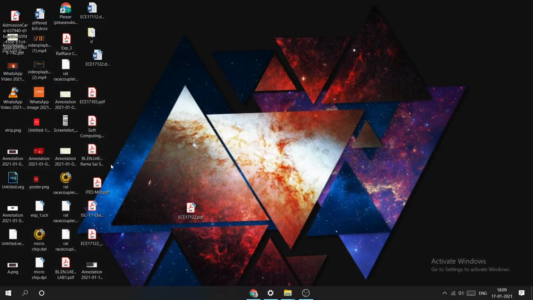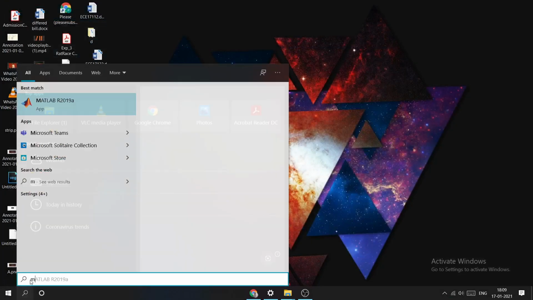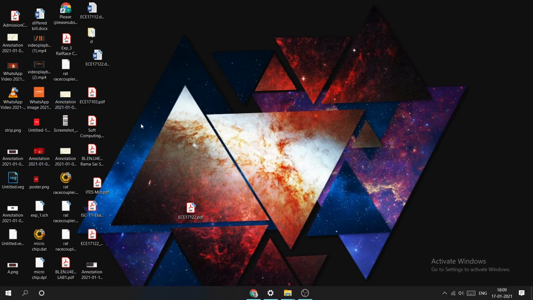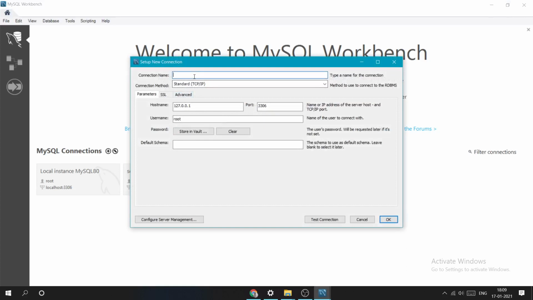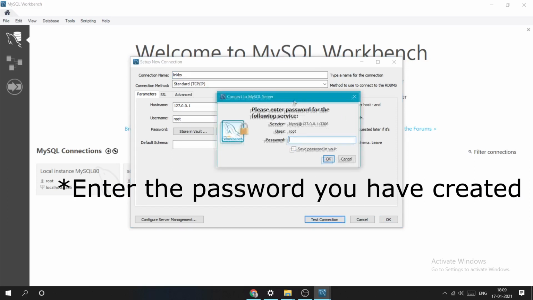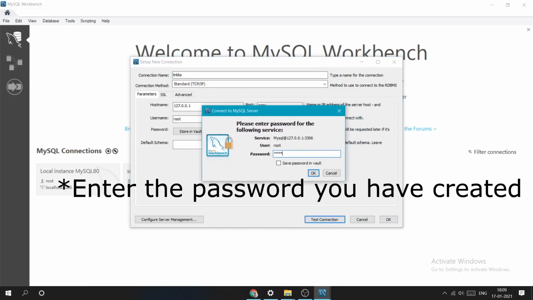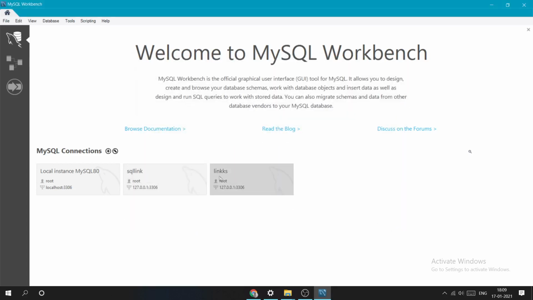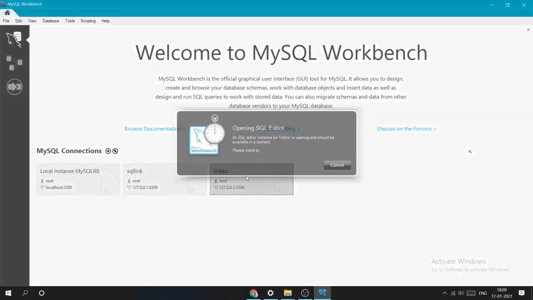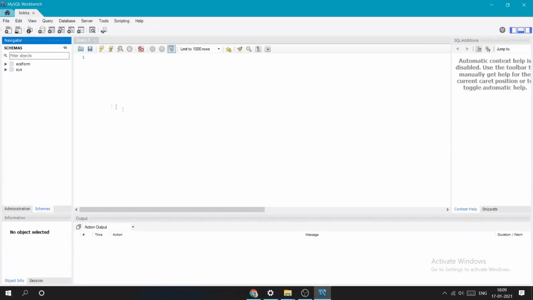The same way, you can test the connection. To test this connection, you can just press it, and it says successfully made. Just press OK. So this is how you can create. When you click, it will automatically open the new connection.